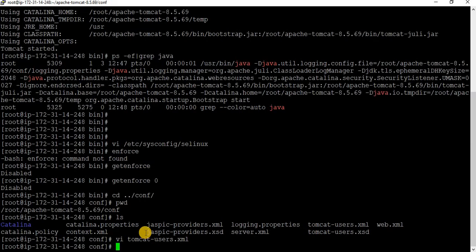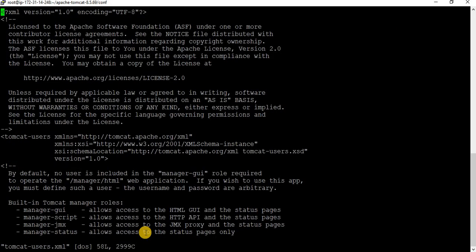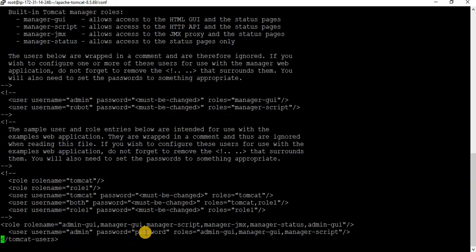Or else let me give something like password and password. Shift G, password and password.